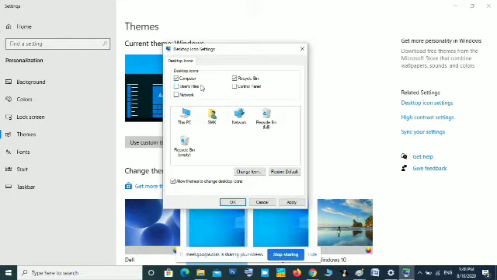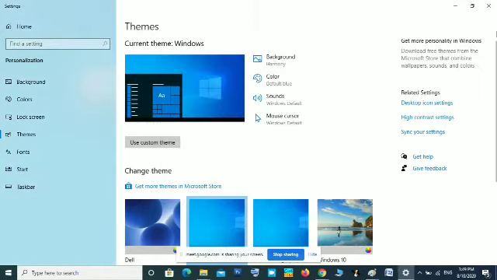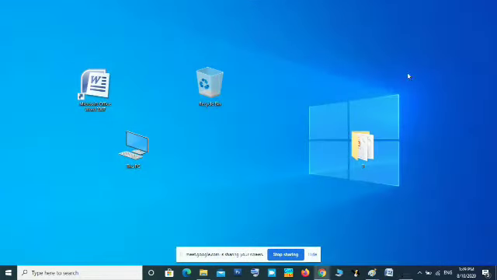Now, some system folders are there that the computer will prevent you from deleting because they are needed for the Windows operating system. If you delete such files, next time the computer will not start properly. Some folders are required for your operating system, that is Windows, to start. If you delete such folders or files, next time Windows will not start properly. That is why it is preventing the delete option.